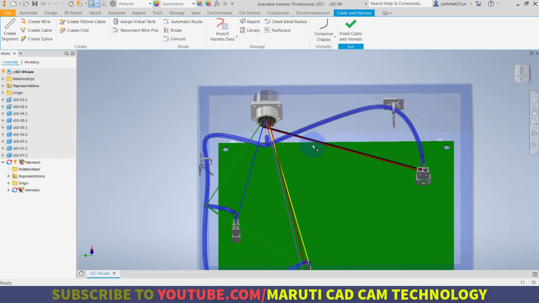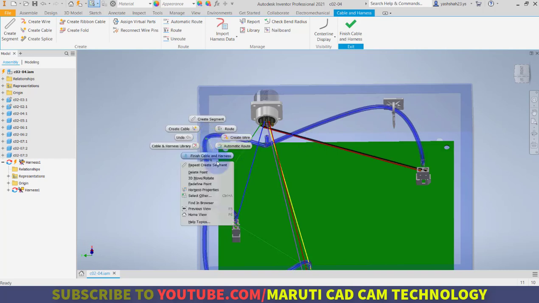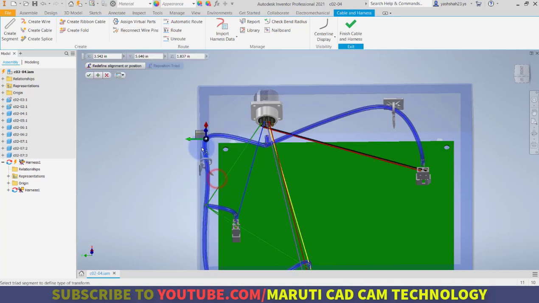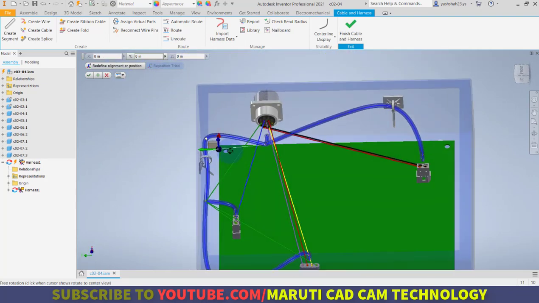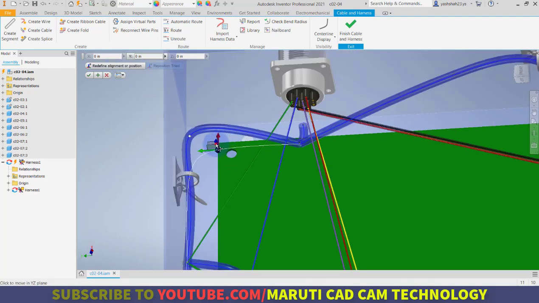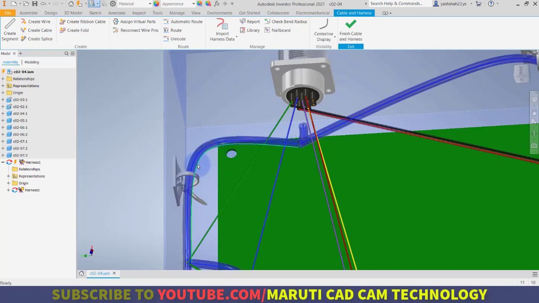So for example, I can hover over a point, right click, and there is the option of 3D Move Rotate, and I can move this point for better maintainability. And then right click and say OK. So as you can see, my wire path also gets updated.